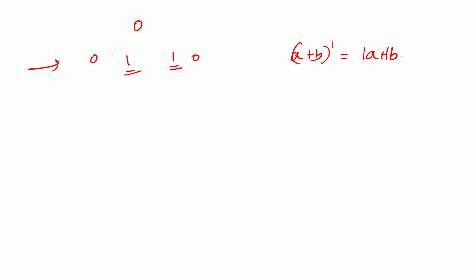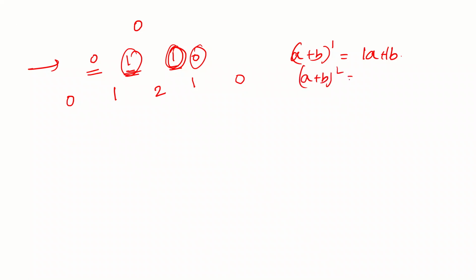These are the coefficients, and then what you need to do is add these two. So what is 0 plus 1? It is 1. What is 1 and 1? You add these two terms now, so it gives you 2, and now you add these two terms, this 1 and this 0, so again you get 1, and on the extreme ends, you'll always put 0. You'll have to do it by default. Then this 0, 1, 2, 1 gives you the coefficients for (a + b) whole squared. So you get a squared plus 2ab plus b squared. So you see 1, 2 and 1 are the coefficients.